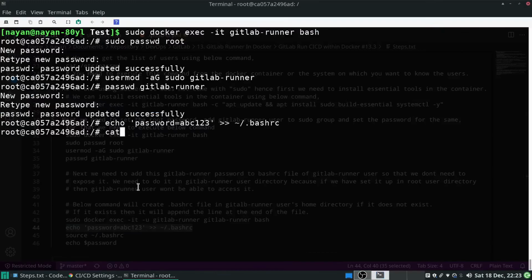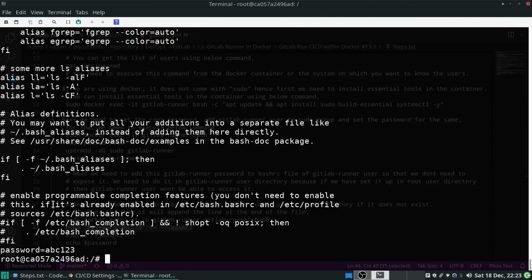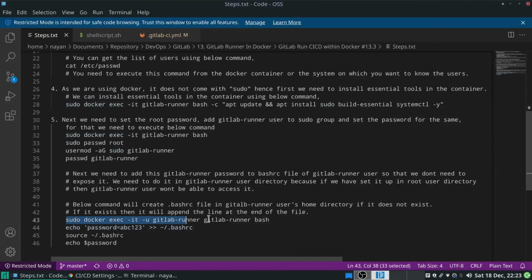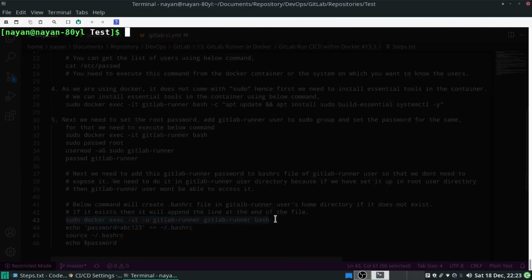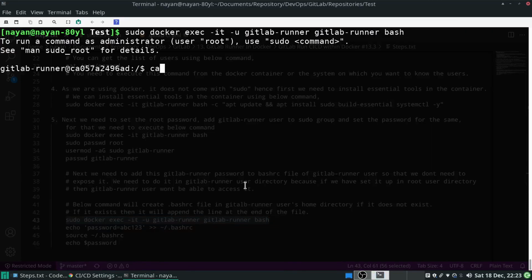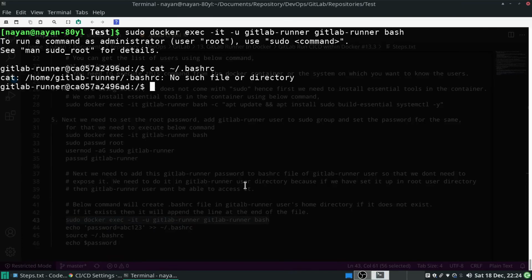Now if we say cat .bashrc, you can see that the line password equal to abc123 has been added to the bashrc file of the root user. Now I will exit from the bash shell of the root user. Now I will execute this command, which will start the bash shell of the GitLab runner user. Now if I execute cat .bashrc, you can see: no such file or directory. Why?